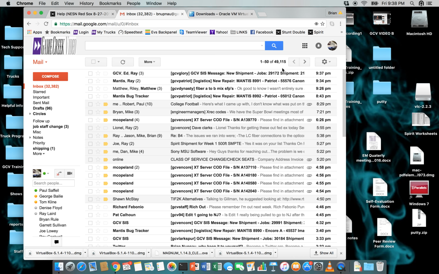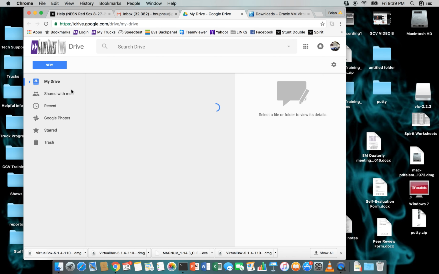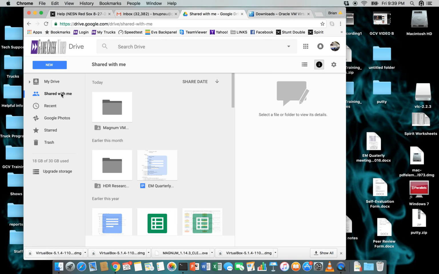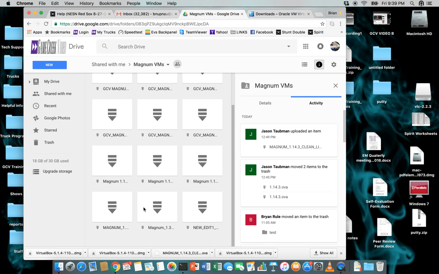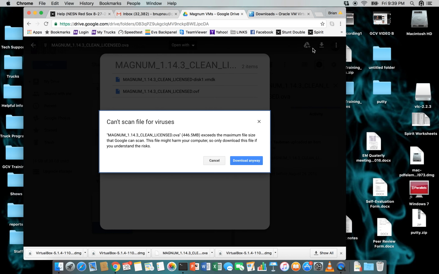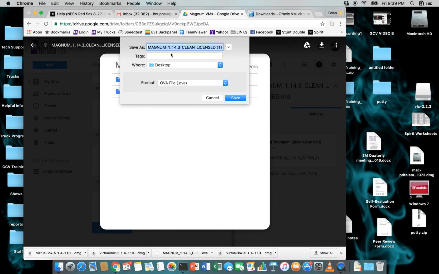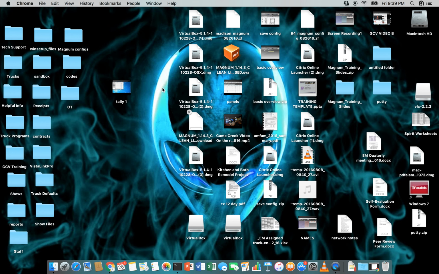So when you log into your Gmail account, you can go up here to these little boxes, click on that, go to your Google Drive, there's a folder here for the Magnum VMs, and this is the one that I want. I'm going to download that, save it on my desktop. So now that I have that going for me,